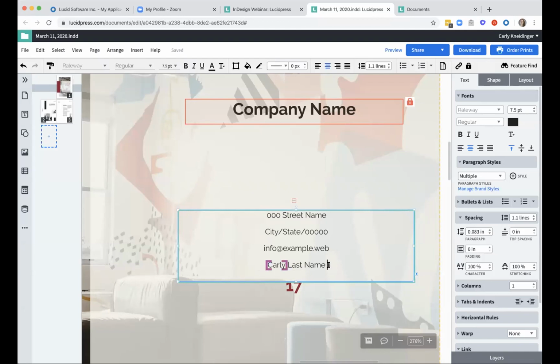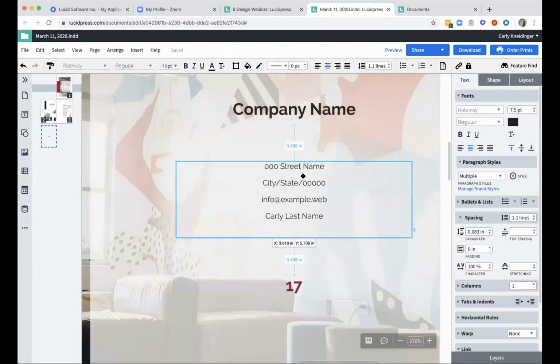Now, if I wanted to put in something like, I'm going to extend this again, the website. This is something that you don't necessarily want to change based on person. It should be standard across the entire team. So when you select this,